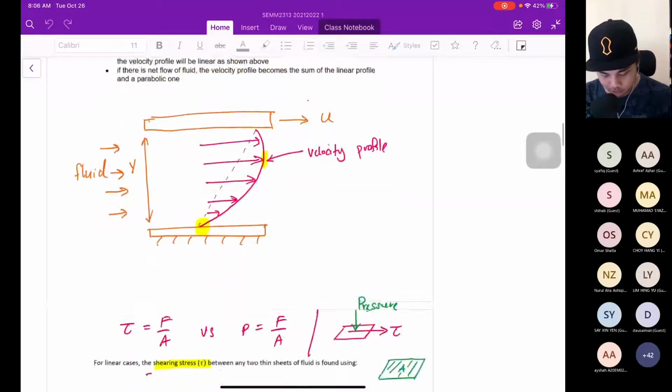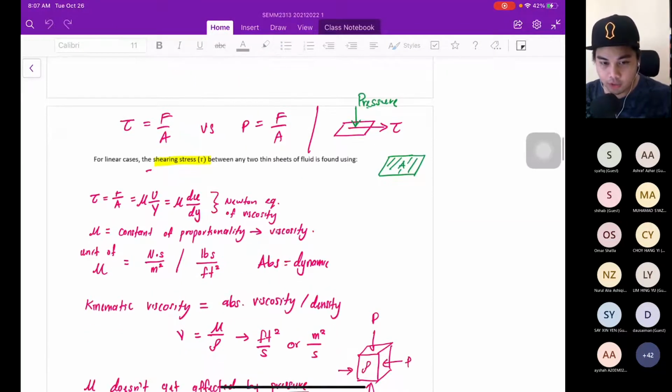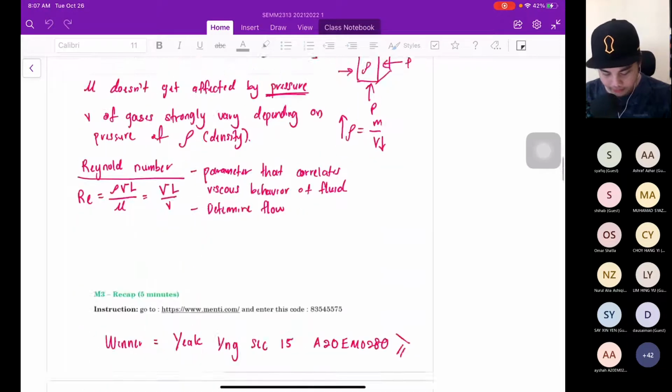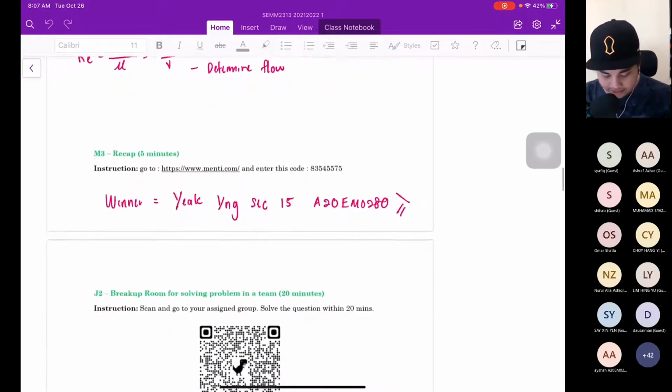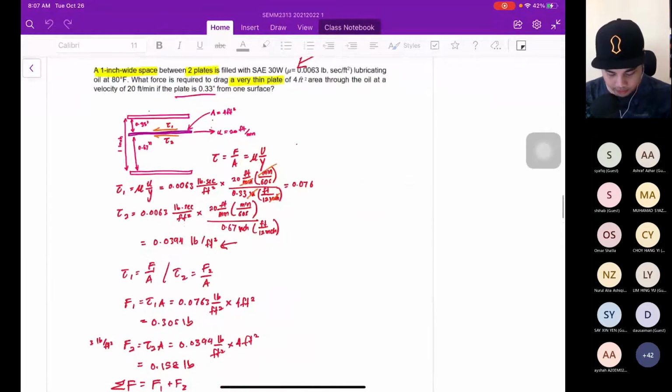From here we use the equation shearing stress, which is tau equal to force over area, or equal to dynamic viscosity times U over Y. And then we do the quiz. All right. From here, we calculate,